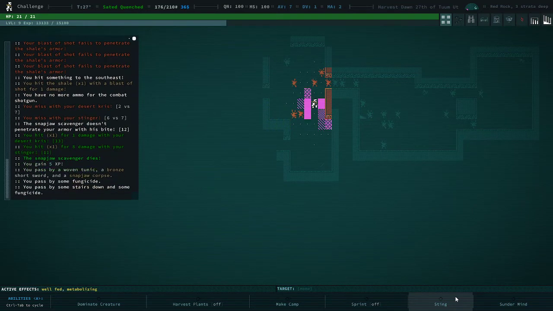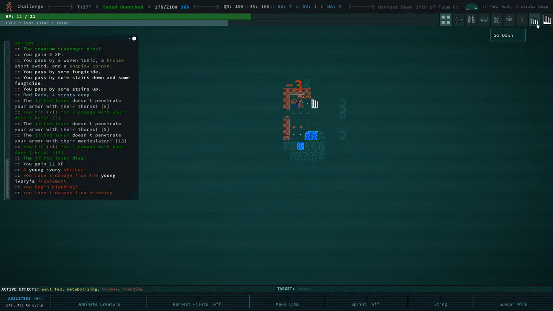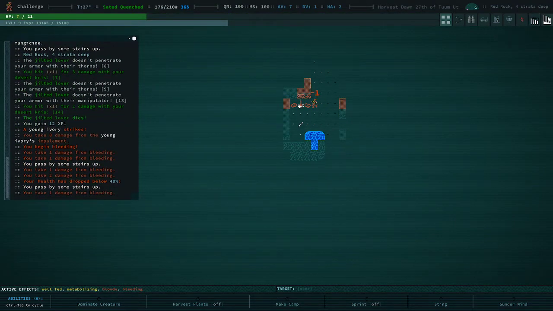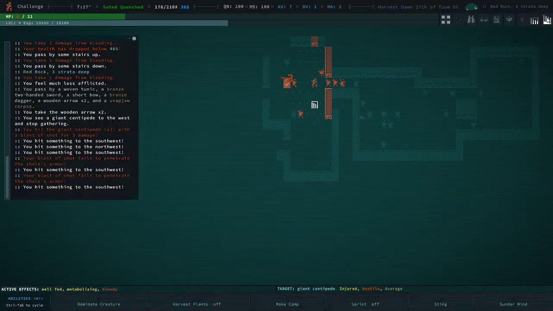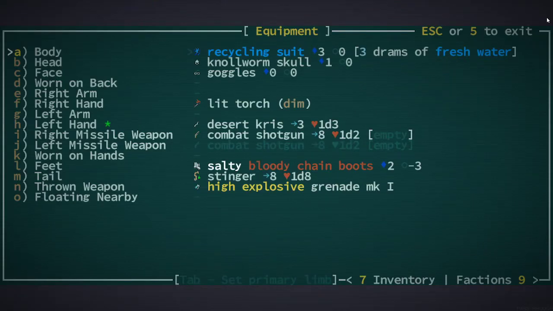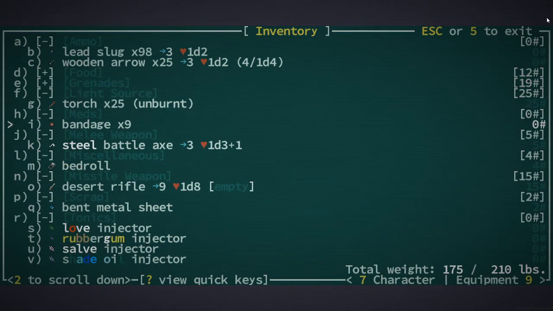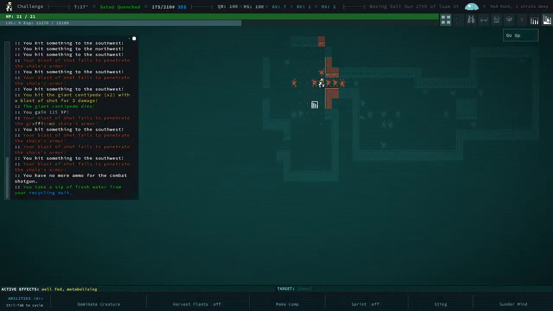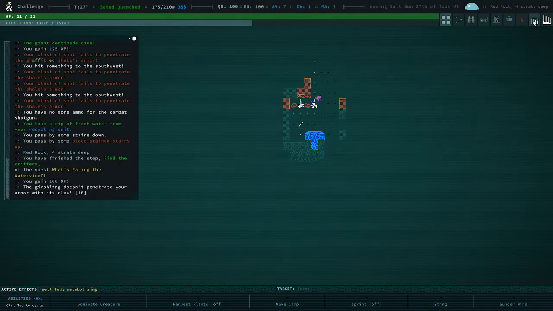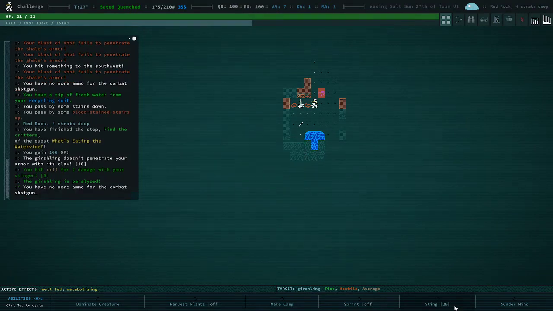Now, obviously, we're gonna head down to the fourth strata, which is the bottom of Red Rock. We did end up in a pretty decent position. Okay, we're good. Yeah, these generators are annoying. I do have, however, bandages, and I have injectors that should be able to help me. And I'm actually metabolizing. Okay, there's the critter, the Gersling. I'm going to sting them to paralyze them, and then...